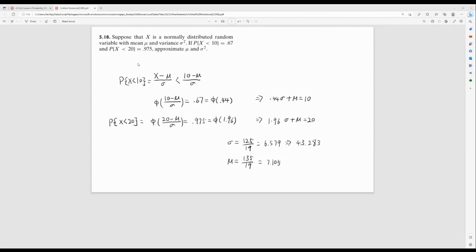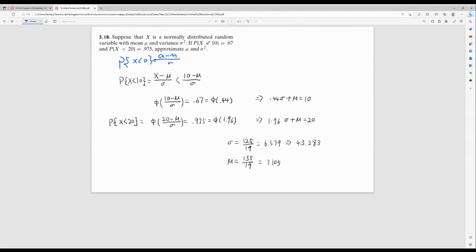In the formula, we have P of X less than A is equal to phi of A minus mu over sigma. So for the first case, we have X less than 10, so instead of X, we have 10. Phi of 10 minus mu over sigma is equal to